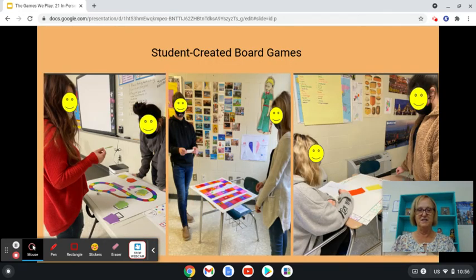Okay, one of our projects last year was to create an actual board game. First semester we had done a tech project, and second semester I thought we'll go no tech, for our project that is. Everybody made a little game in their groups, and the questions asked on these board games were all cultural questions.